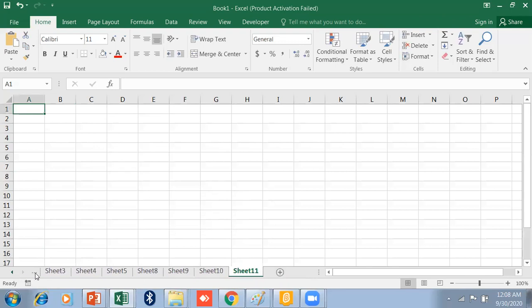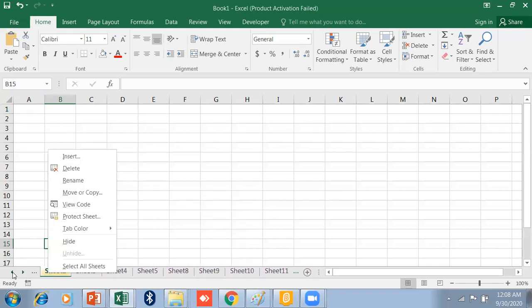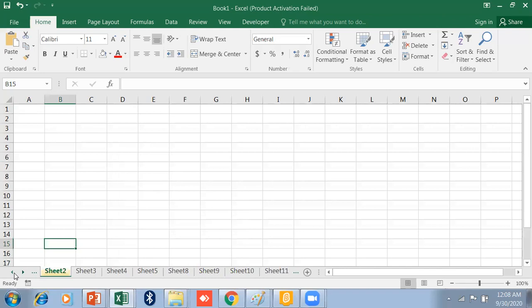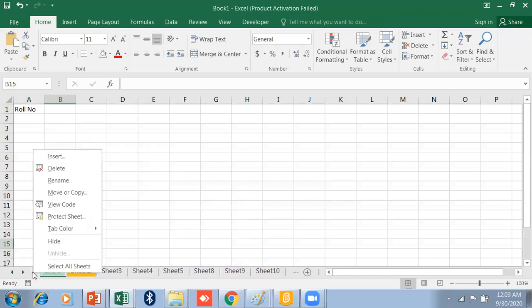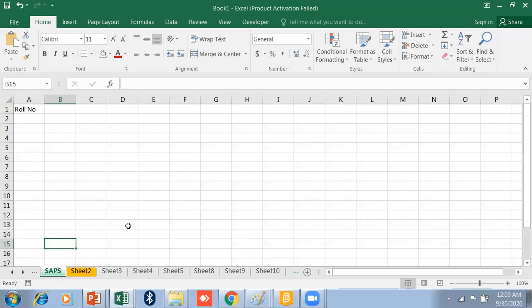If you want to see that sheet, just click here and press Control and left click. See, it will show you all the files, Control and left click, right? Okay, clear? And you can select all the sheets, you can open all the sheets as well.